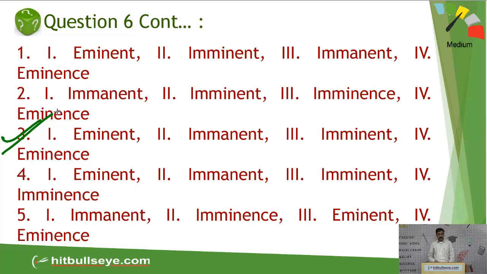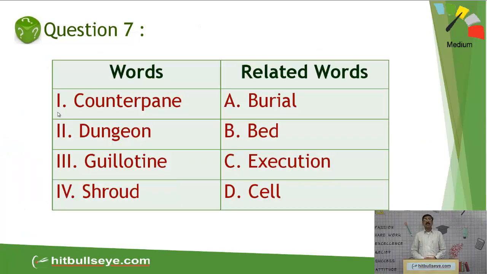So if you go by the choices, eminent, the first blank, eminent person, address the gathering. Immanent is inherent, embedded. Imminent is inevitable, about to come, sure to happen. And last would be achieved eminence in their respective fields. So answer option 3rd. Now the question number 7 you see on your screen is actually based on one of